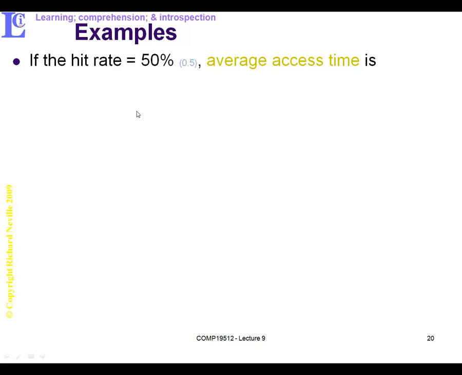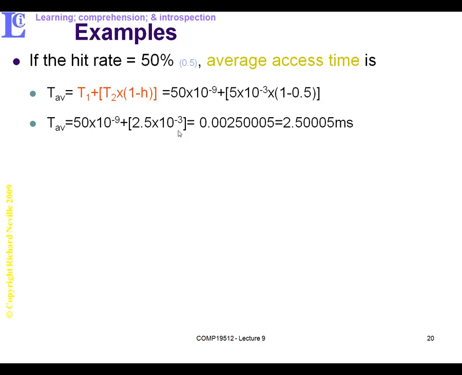So now we're going to give you some examples. Given particular hit rates, 50% is 0.5, what is the average access time? So let's go and do that. Using this equation of T average equals T1 plus T2 times 1 minus h, we sub in these two values for T1 and T2, and then we sub in this hit rate, 50% is 0.5. Translating this symbolic representation, putting in the values, we get these numbers, which leads us to an average access time T subscript AV of 2.50005